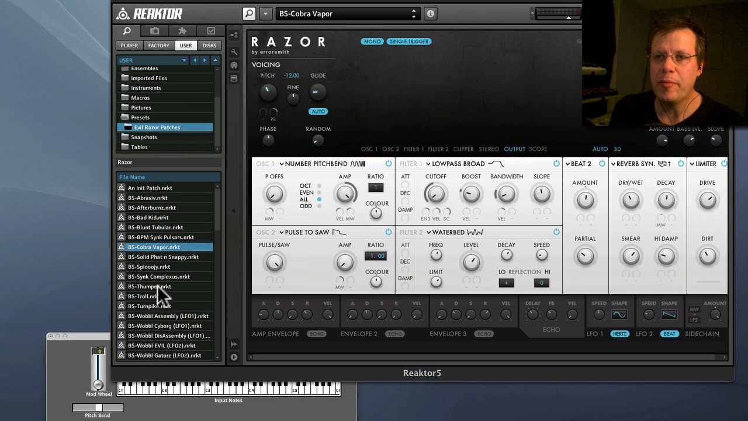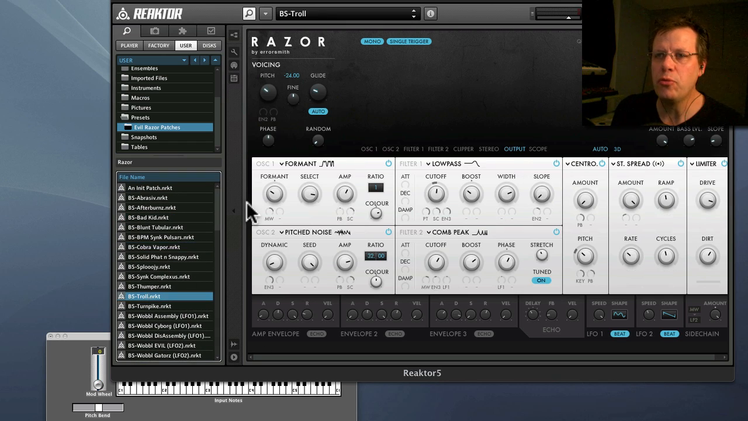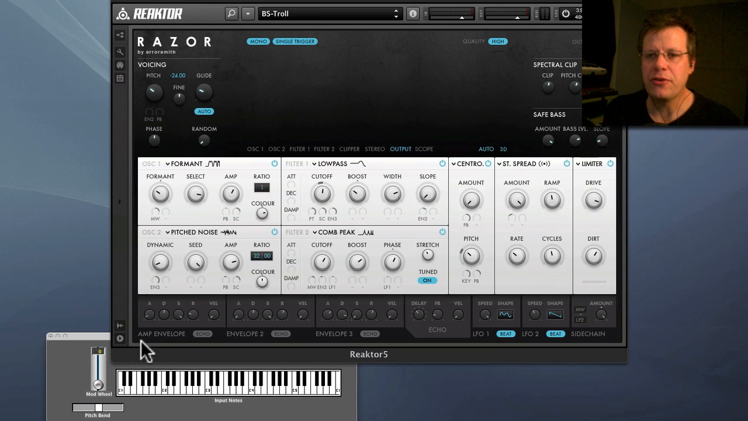So let's keep going. Let's pick up more patches. Here's Troll. This one really shows off some of the cool stuff you can do with the mod wheel and the pitch bend, because pitch bend is actually being used to take from this